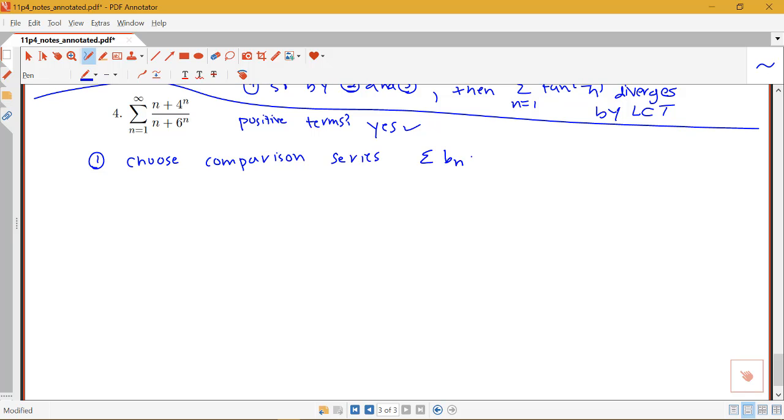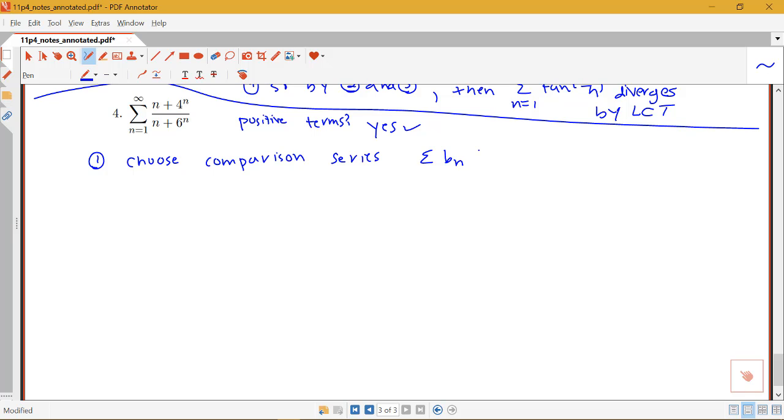Okay. So when we're thinking about choosing the comparison series, if you have both a combination of n to some power and a number to a power, the number to a power grows faster than the n to a power. So a number to a power is some sort of exponential, okay? And an exponential function always grows faster than a power function or just a number. So the most important term in the numerator here is 4 to the n, and the most important term in the denominator here is 6 to the n. Remember when we just had powers of n over powers of n, we picked the highest power of n in the numerator over the highest power of n in the denominator? Now this exponential thing kind of beats the